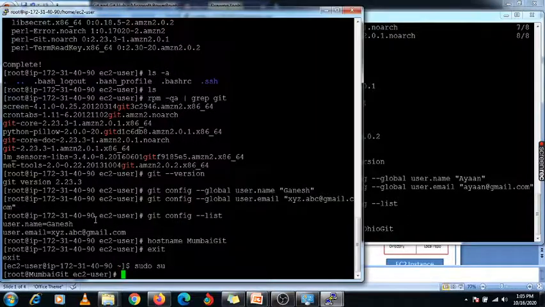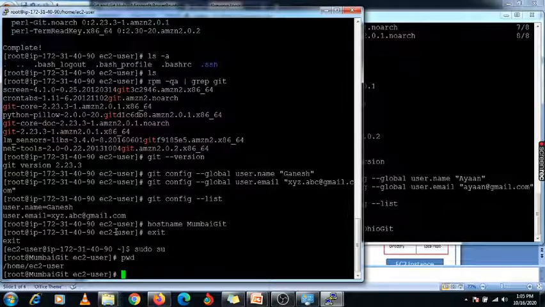So there are two machines, and on both the servers we have installed Git. Now we need to create one repository. I am under this directory, and using the pwd command, that is my present working directory, /home/ec2-user.